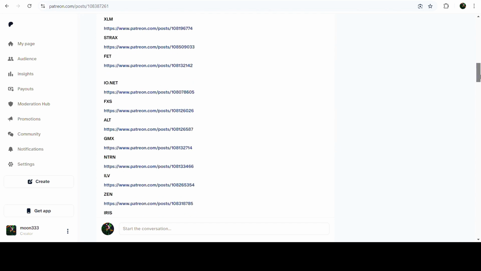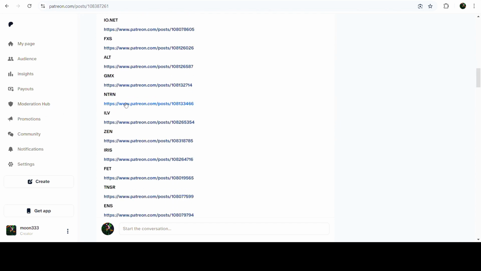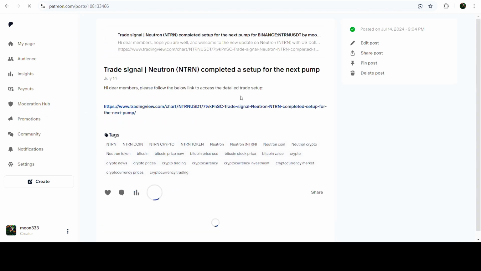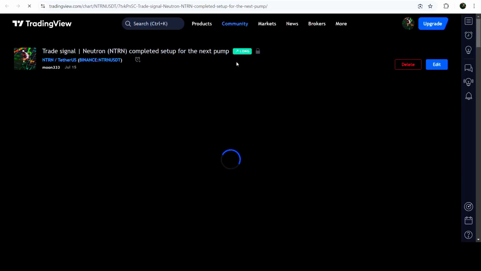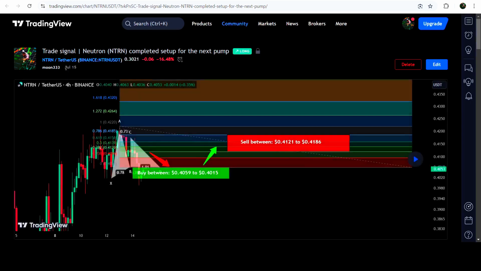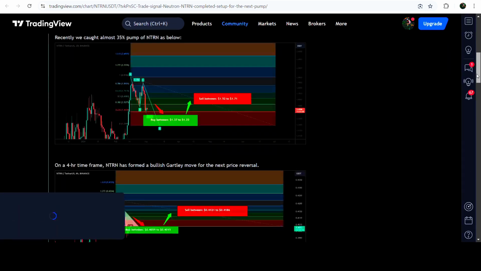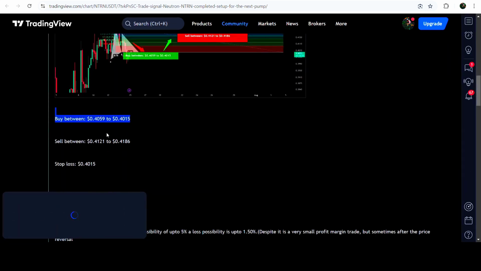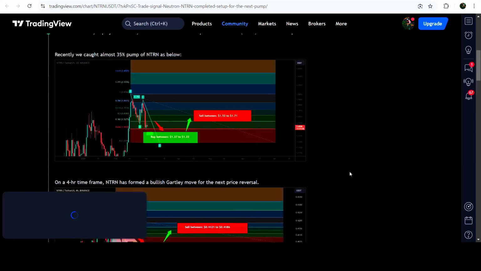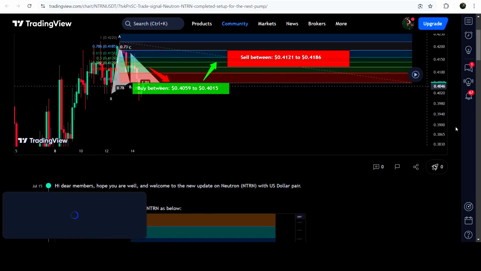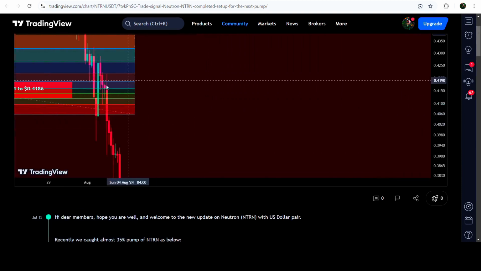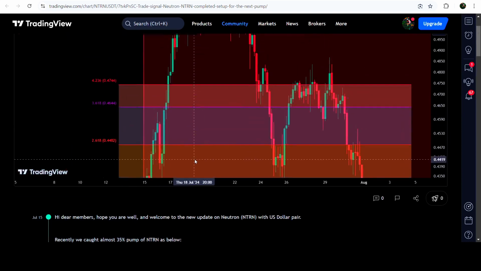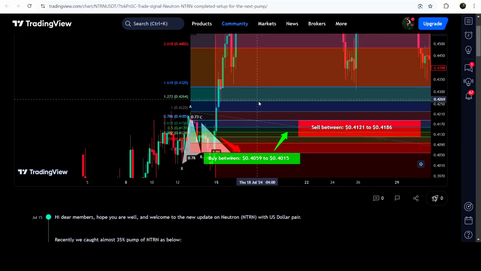And if you would like to check or verify any trading signal, like there's a trade setup for NTRN, you just need to click on the link for the trade setup and it will take you to the TradingView chart. On this chart, you can see when I shared this trade signal, like this trade setup I shared on 15th of July 2024. And you can also see the complete trade setup, like the buying zone, the sell target zone and the stop loss. And in order to see how the price line moved after sharing this signal, you need to click this button. After that, it will show you how the price line moved up from the buying zone and rallied to the sell target zone. This was a very, very massive rally, by the way.